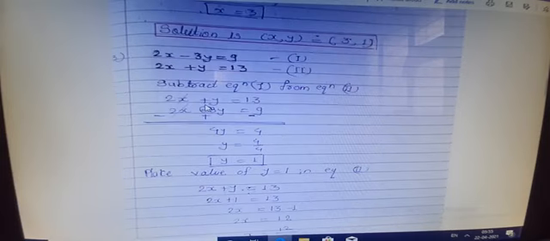Now see question number 3, 2x minus 3y is equal to 9. Assume this is equation number first. 2x plus y is equal to 13. Assume this is equation number second. In the same way, here 2x are the same, the sign is also the same, then we have to subtract. Now subtracting equation second from equation first, changing the signs of the second equation. Plus 2x minus 2x get cancelled, y plus 3y becomes 4y, 13 minus 9 becomes 4. This 4 is in multiplication, so it goes to division, and 4 by 4, y is equal to 1.